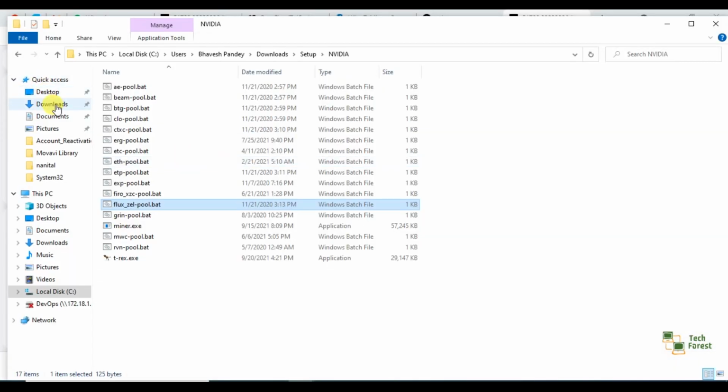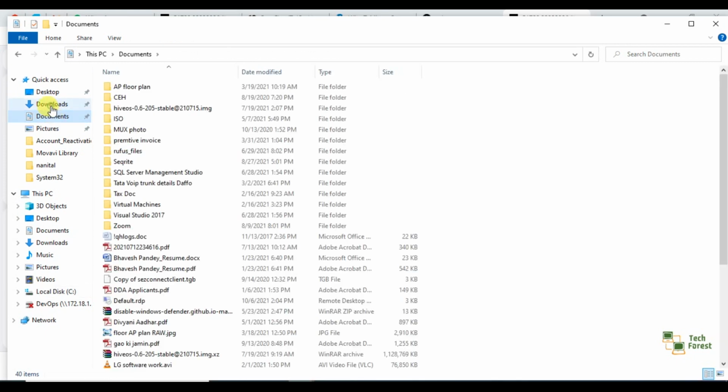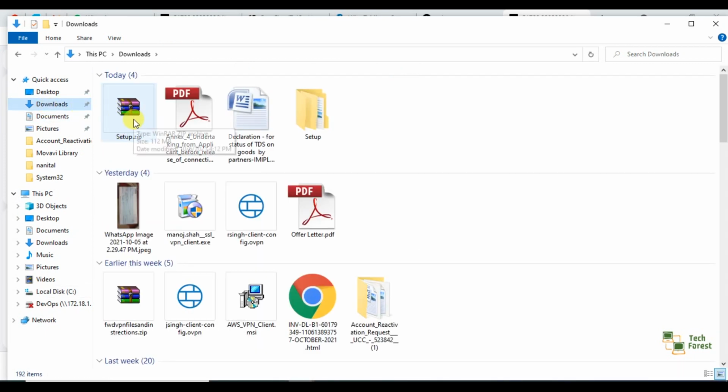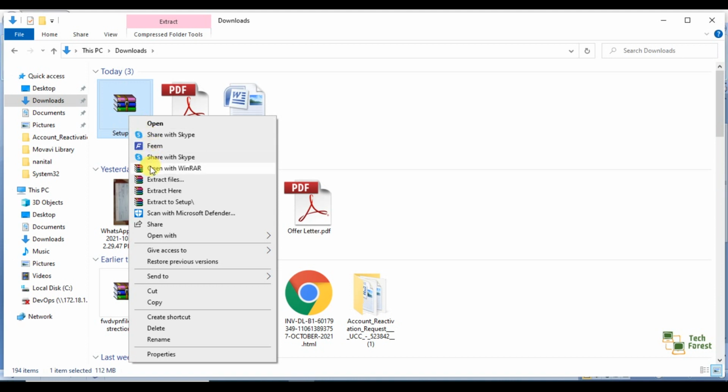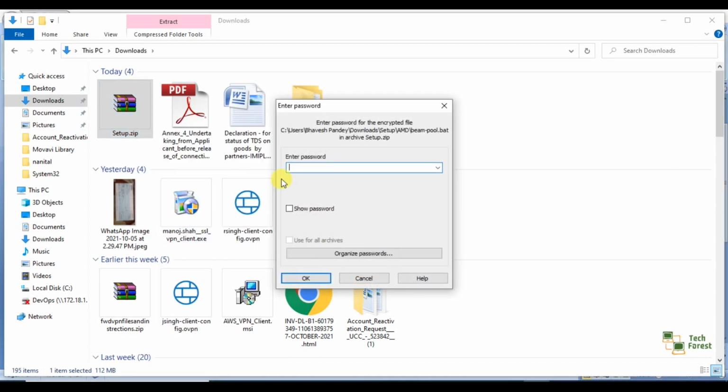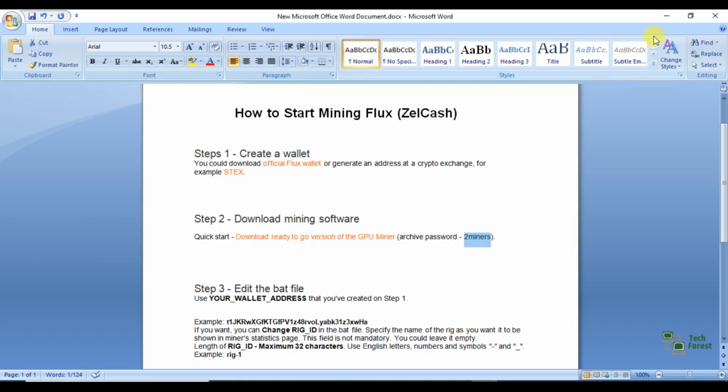I already have it in my downloads. Let's extract it. Once you try to extract it, it will ask for a password and the password is 2miners.